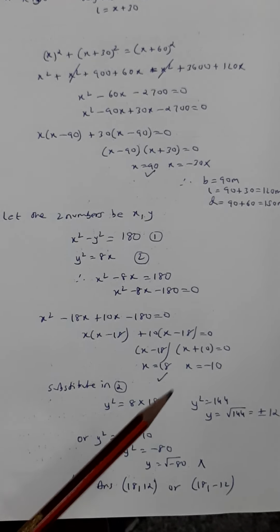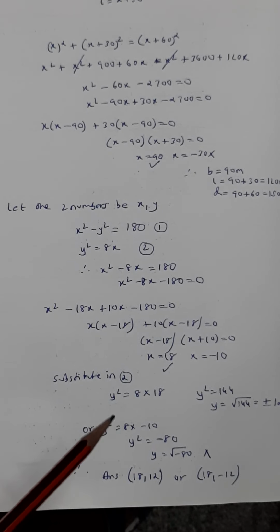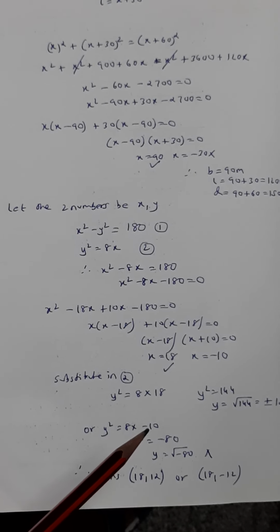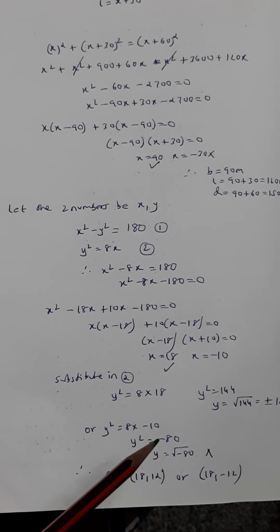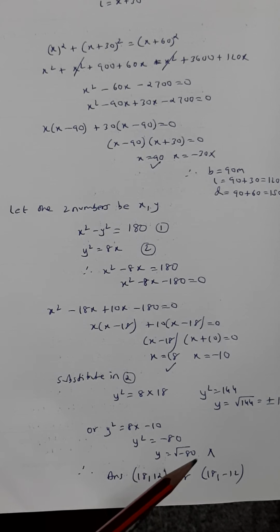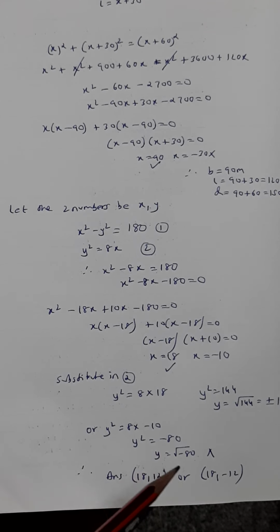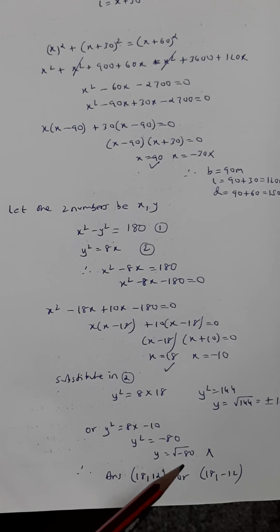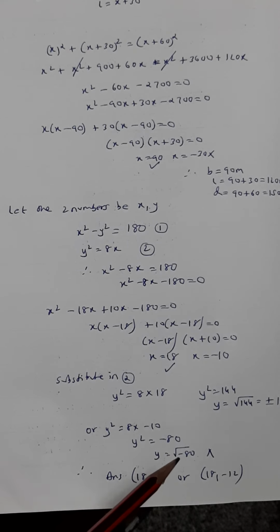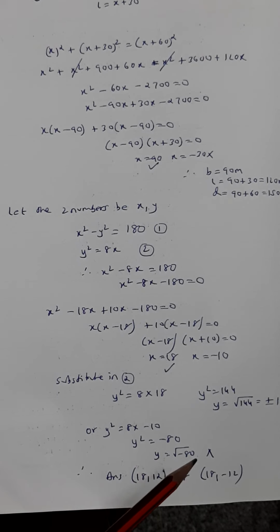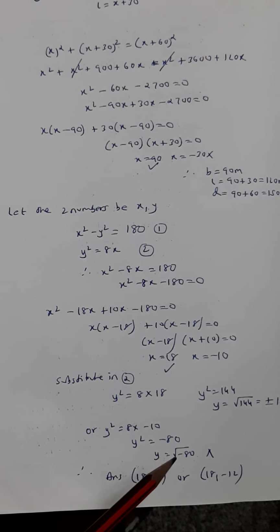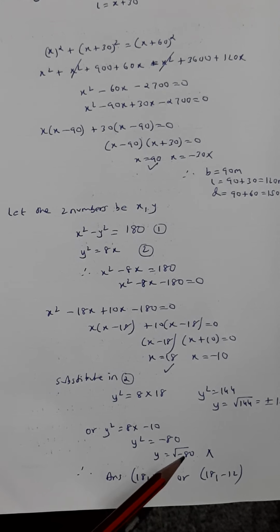Now what happens when you take x as negative 10? If you take x as negative 10, then y square is 8 into minus 10, because we are putting it here, y square is 8x. So y square is negative 80, so y will be root of minus 80, and the root of negative numbers does not exist, or is unreal, or imaginary. So here we don't have to solve these types of questions where the root of a negative number is coming. You will do this in class 11 only. So at the moment, as far as class 10 is concerned, if the root of a negative number comes, you will just leave it as it is and say solution does not exist.